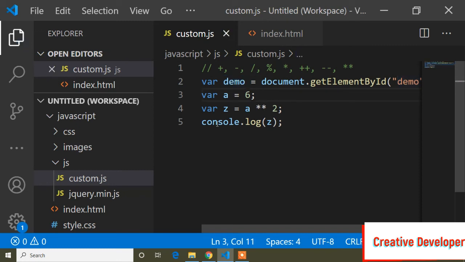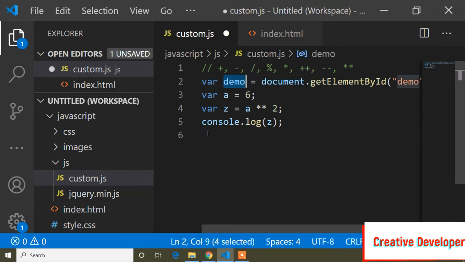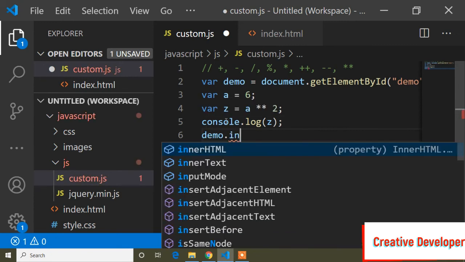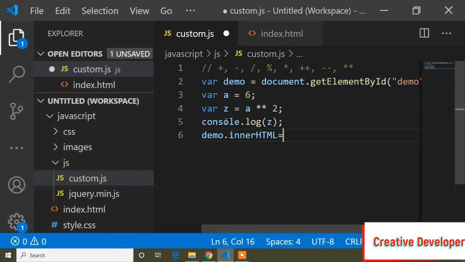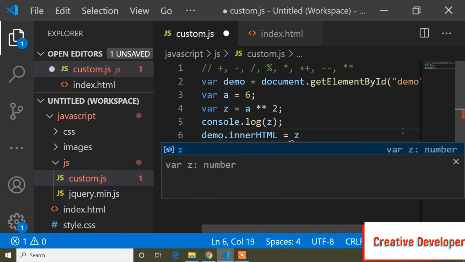And now I can write without console.log. So here I will leave it, I will just write this demo.innerHTML. innerHTML is for printing. So innerHTML equals to, I want to print this jet value, so jet.